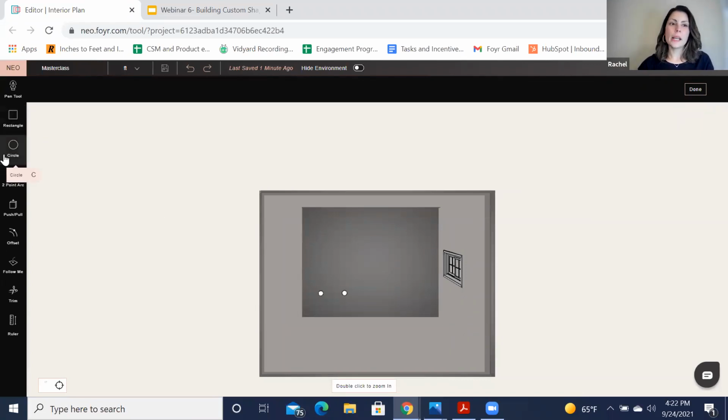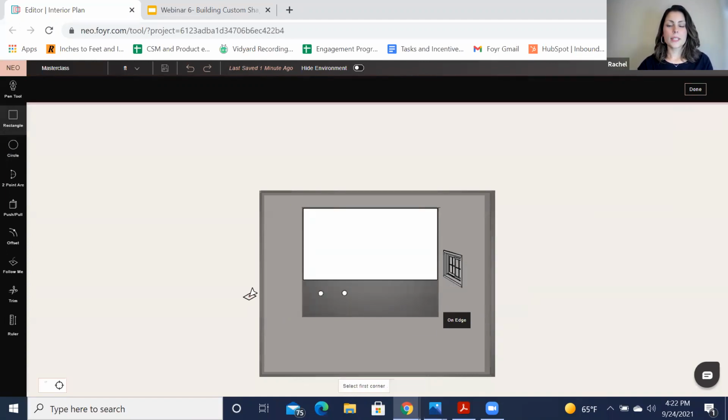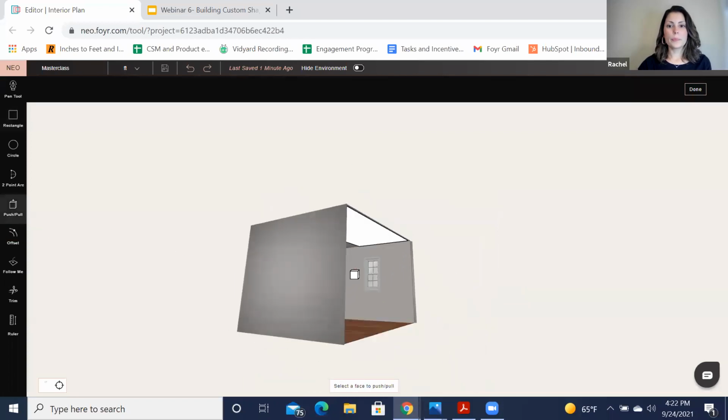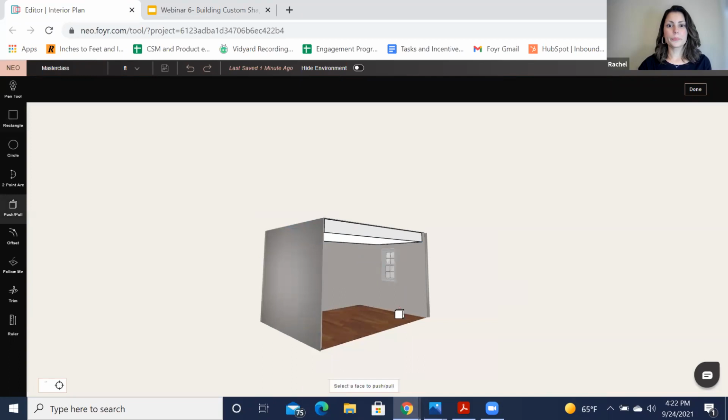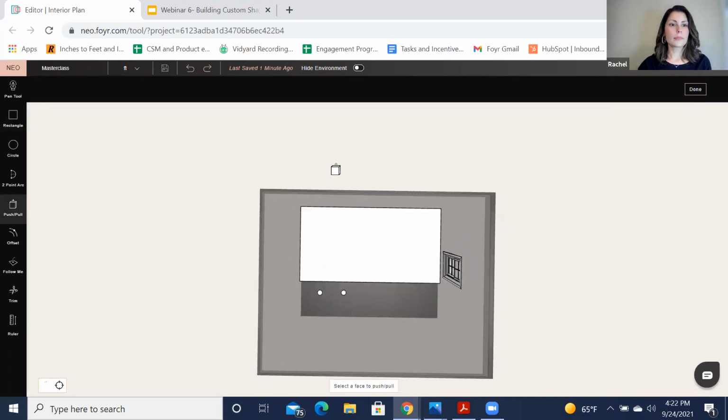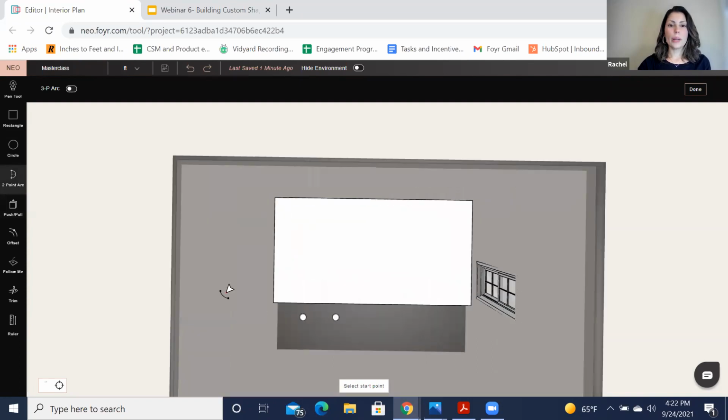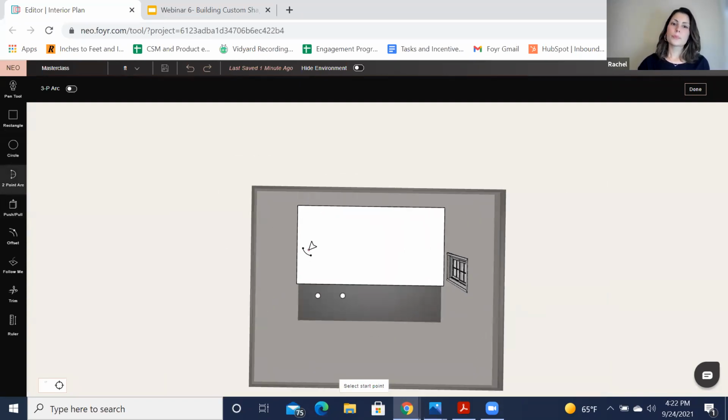Is this for like a ceiling, Barney? I'm just going to draw it on the ceiling. So let's do that. Let's give it some depth or some height. And let's go to point arc. Let me think about this. So if we click here and then click here, we should be able to do that, right? And then if we click on that edge and move this out, we should be able to go in the opposite direction. I didn't go quite as long, but